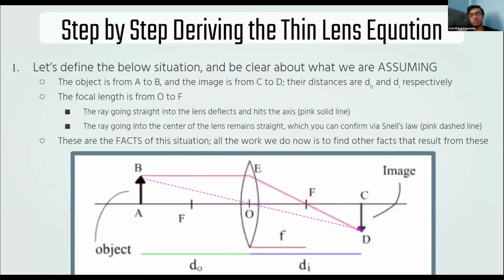You're no better than ChatGPT. So you really got to understand where these things come from to sink your teeth into the physics. So let's start. So we're looking at this situation below right here. We have an object that goes from point A to point B, and